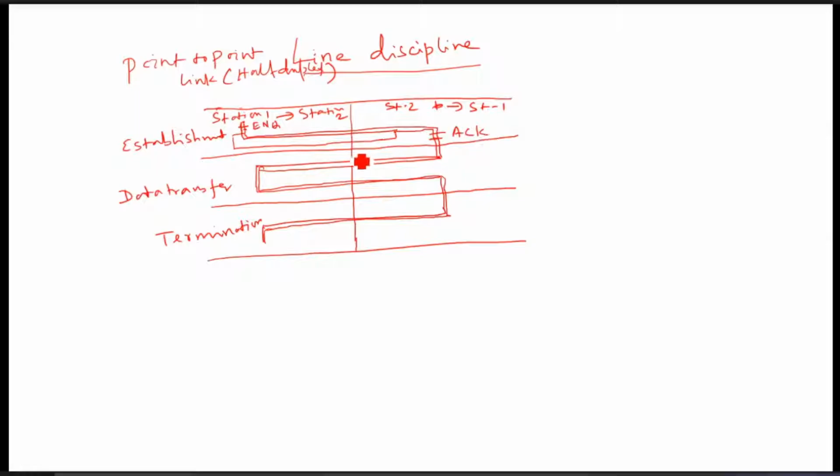Next, station 1 will send some data. You see, this is the data, the frame. Data will be transmitted in the form of frames, right? The second station, after that, will pause after transmitting. The second station next acknowledges